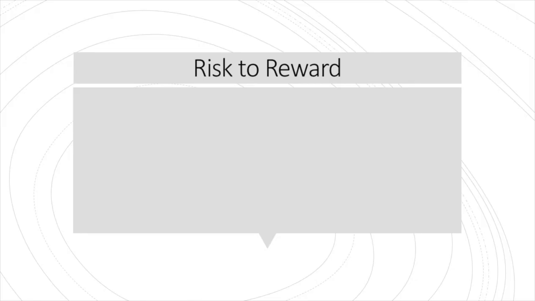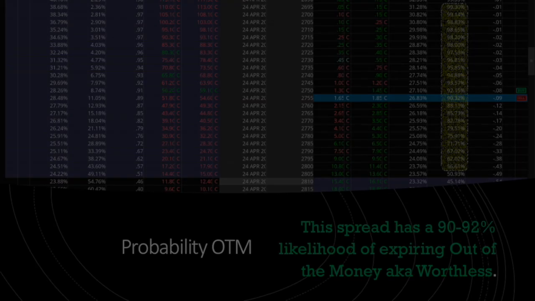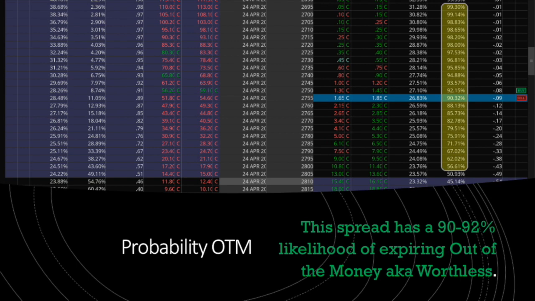Okay, you might be asking yourself, why would we take a trade where we are risking $450 to make $50? And the answer is it has a high probability of success. And I can actually show you how high the probability is. Thinkorswim has a column, which is cut off in my image, but it's called probability out of the money. And this spread has a 90 to 92% likelihood of expiring out of the money, which also means worthless, which